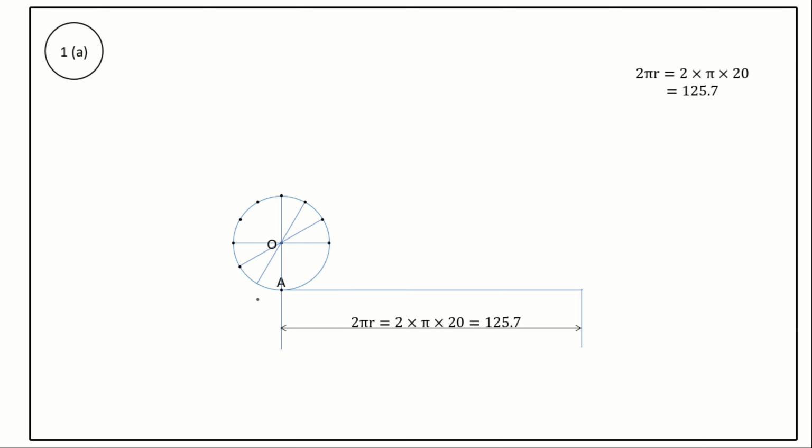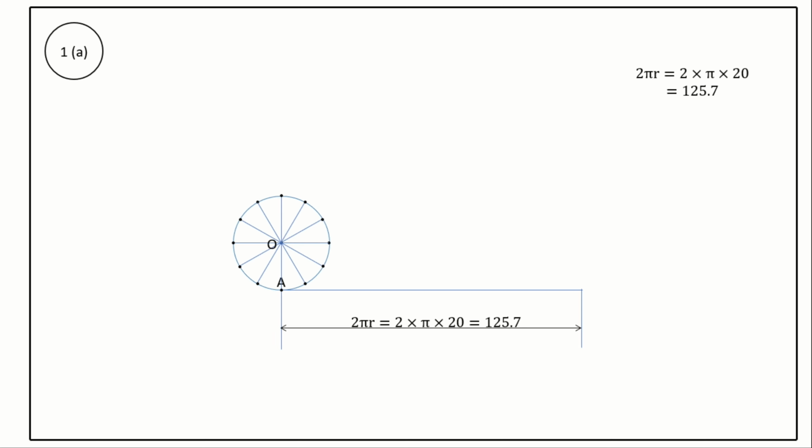Mark the point. Again, from the 120 degree angle point, draw a line passing through the center point O. This line meets the circumference on the other side. Mark the point. Again, from the 150 degree angle point, draw a line passing through point O. This line meets the circumference on the other side. Mark the point. Now, write the lettering for the points on the circumference in the clockwise direction from point A.